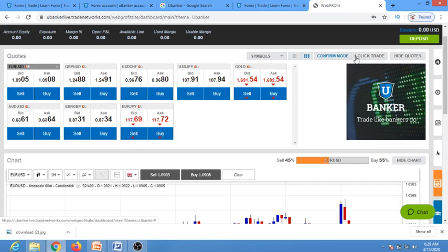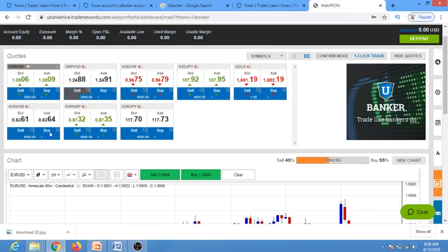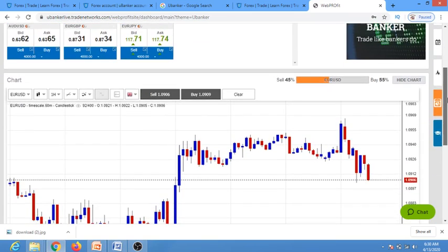And also, we have something here. You can decide to hide this quote panel, and you can decide to unhide it there. And if you come down, you will see charts. The chart is where you will be looking, and up on the top of the chart there are some